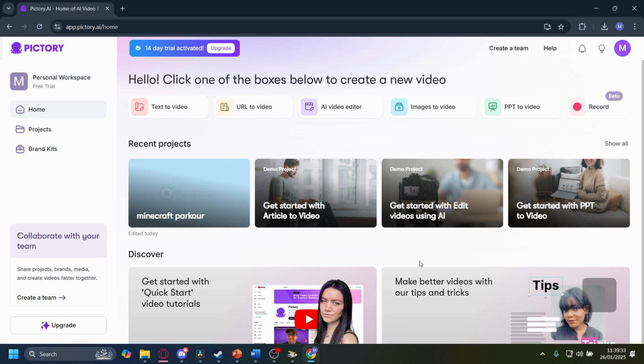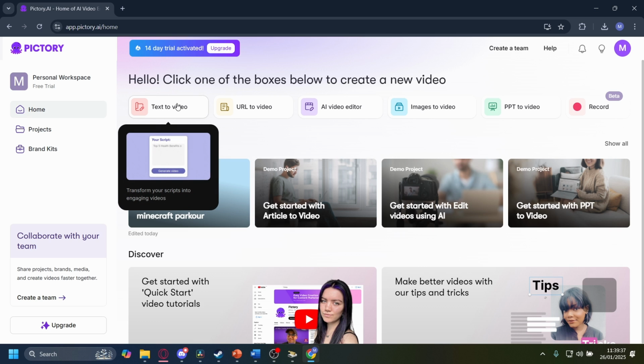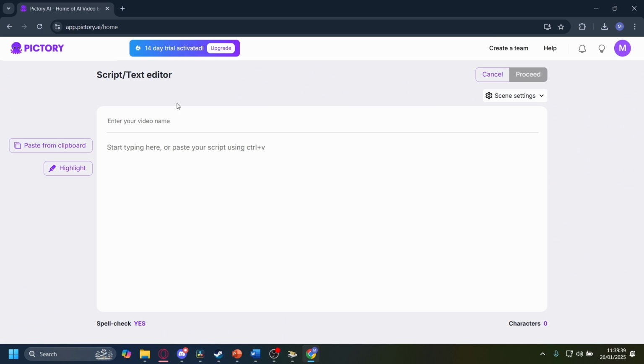So for example, here I'm just going to give you a demonstration of one of its uses called text to video, right? So for example, I want a text to video here and I want a video about Minecraft parkour. And you can see if I start typing here, and for example, I want the video script to be, this is a video about Minecraft parkour